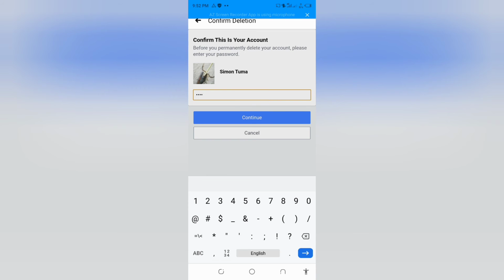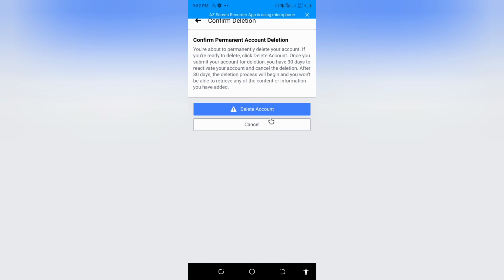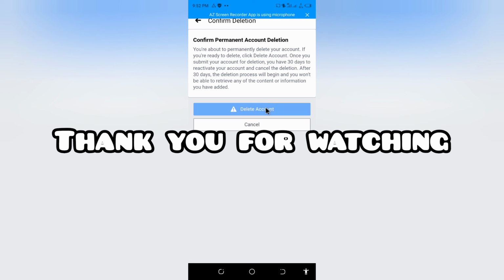Put the password. So after you put the password, you click continue. You click on continue here. So you see now, you see confirm permanent account deletion. So you click on it, confirm. Click on this delete account to